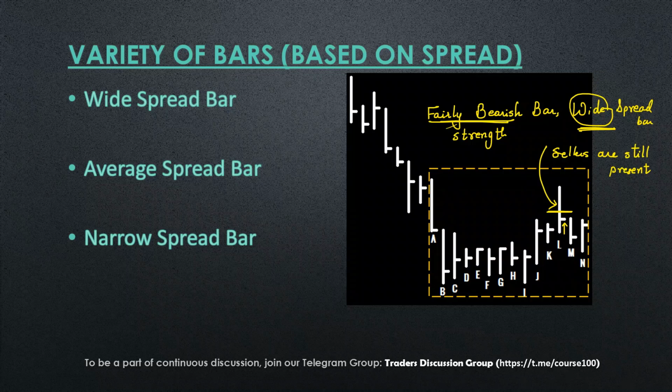Notice how we are changing our statements based on the bar's structure. When we analyzed the earlier bar, we said sellers are active, whereas during this up move, after looking at this bar, now we are saying sellers are still present, they are not dead yet, they are not exhausted yet,